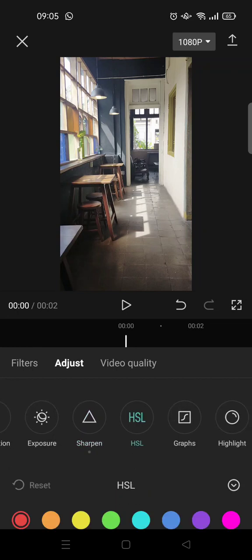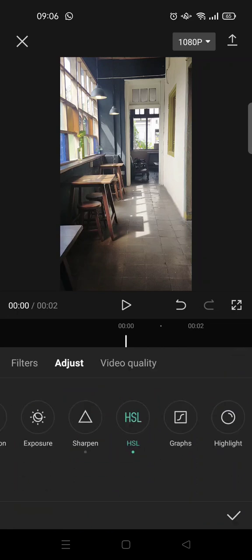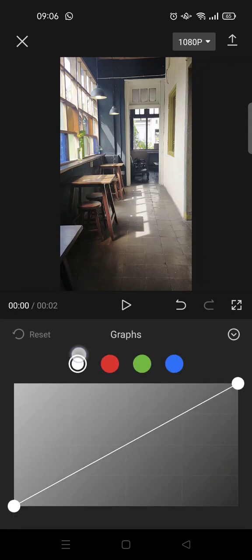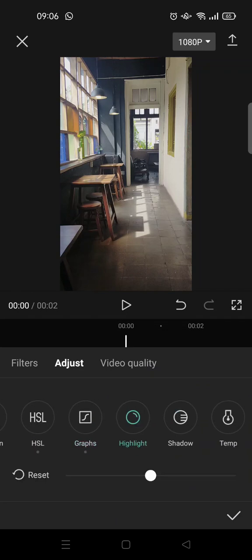Like this, and then click on the HSL, and here you just need to adjust the red color and also orange color. So lower the saturation of the red color, and then on the orange color add some luminance like this. Okay, go back and then click on the curves, and add the white color, lower it a little bit like this. Go back and then set the highlight to -20